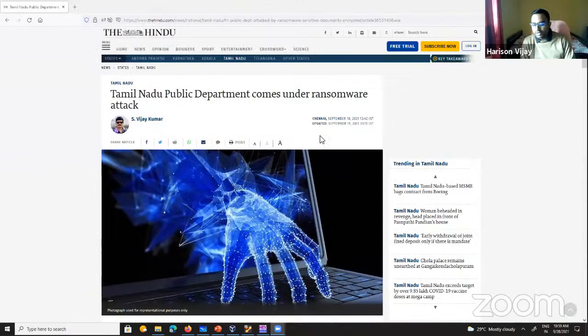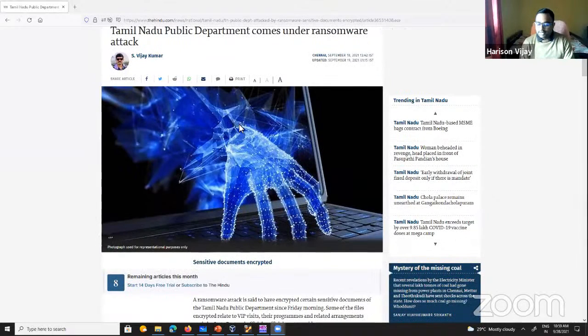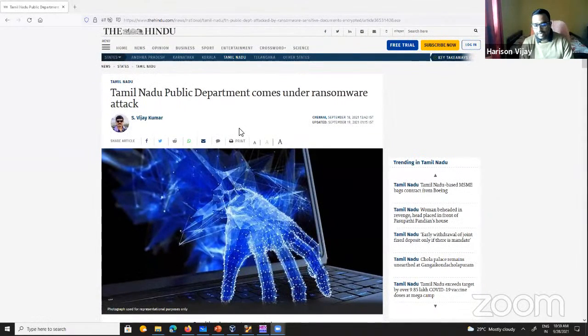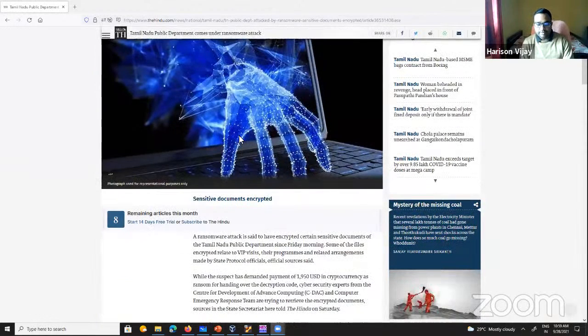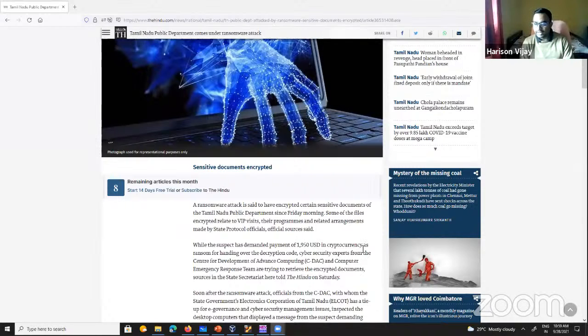So let's start with news. This came out 10 days ago. The Tamil Nadu Public Service Department came under a ransomware attack. Sensitive files were encrypted. As I told you, once you encrypt something with a strong key, there is no way to actually decrypt anything without the actual key. They demanded payment in cryptocurrency, as is usually the case. And good news or bad news is